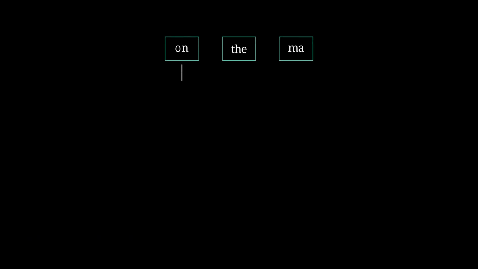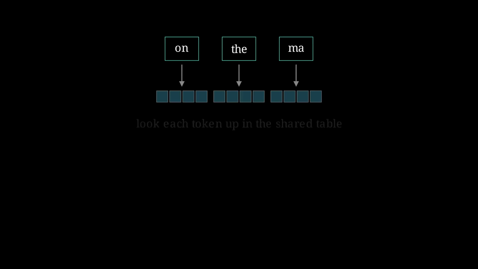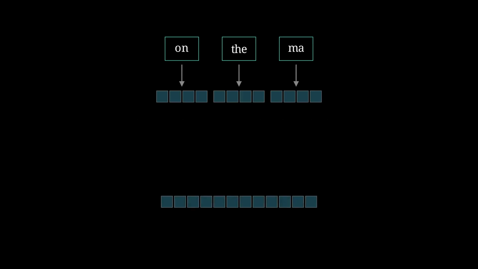One embedding gives us the vector for a single token, but the task asks us to look at a few tokens of context at once. So we wrap the embedding in a layer that Scratch calls embed concat. It takes the last few token ids, looks each one up in the same shared table, and then concatenates the results, laying the vectors end to end into one long input vector.